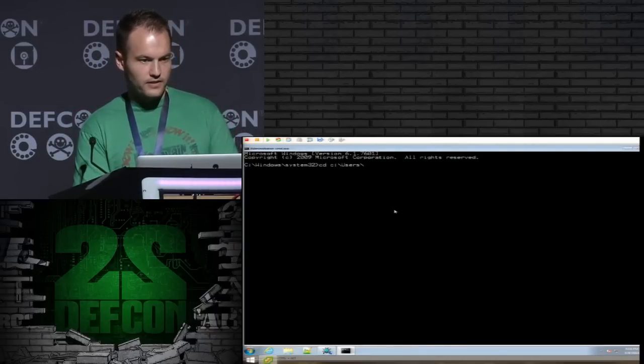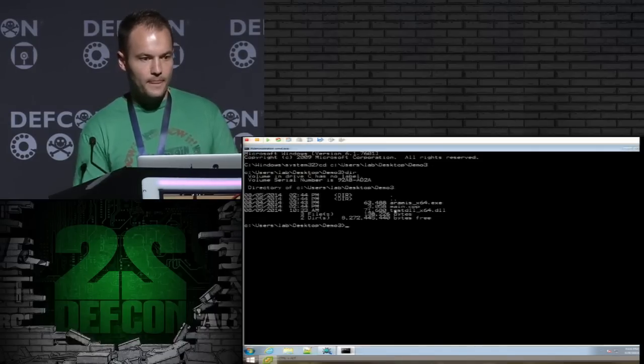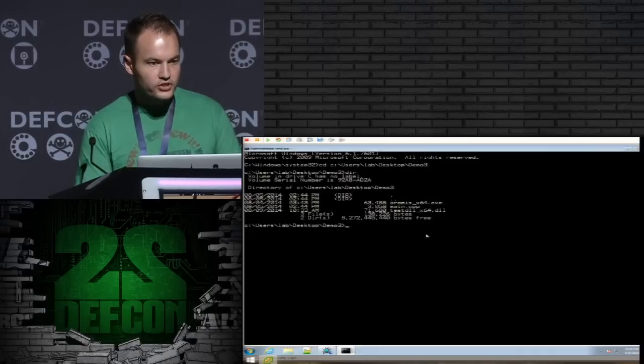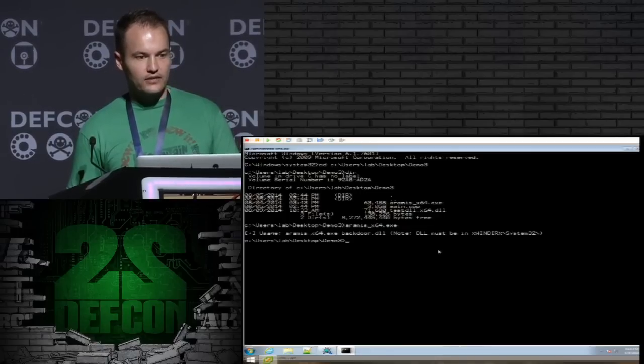All right, the second one, like I said, I think the second one is pretty awesome. It's super stealthy, and the best part about them is, you know, when you can find logic vulnerabilities within Windows, because those are a lot harder to patch. So what we have here, there should just be an Aramis. I codenamed it Aramis.